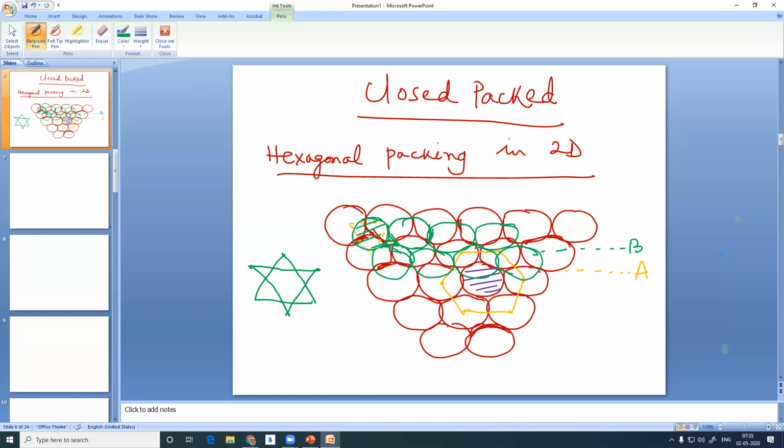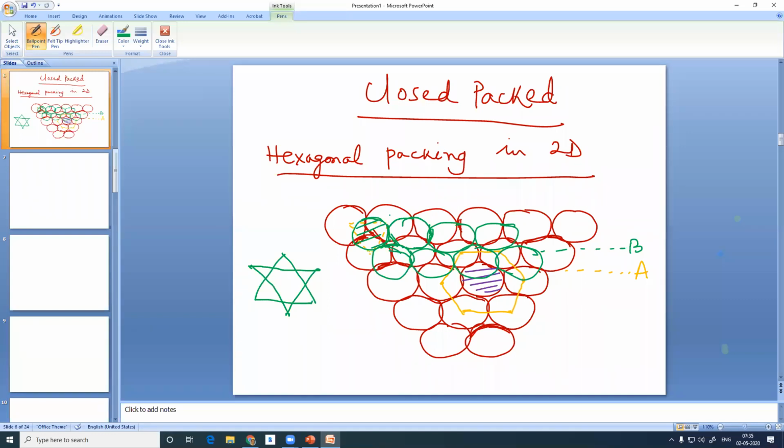In 3 ways you can visualize it. One, the green one and the red one, you imagine, and this one. You can form a slanting square. Above the square, this green one is sitting, and below the square, the red one is sitting. So you can join them to form a square pyramid above and a square pyramid below, and that is a square bipyramid, which is called an octahedral geometry. So in 3 ways you can imagine.